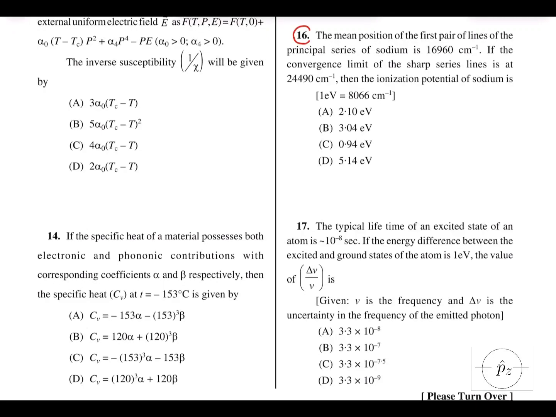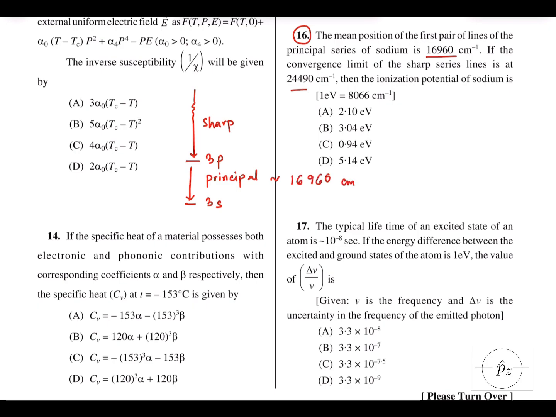Problem number 16. The mean position of the first pair of lines of the principal series of sodium is this. If the convergence limit of the sharp series lines is at, then the ionization potential of sodium is. The first pair of lines of the principal series corresponds to the transition from 3p to 3s, and this corresponds to